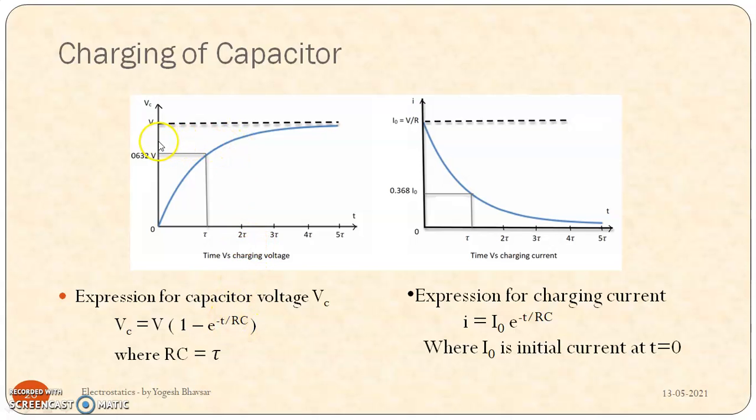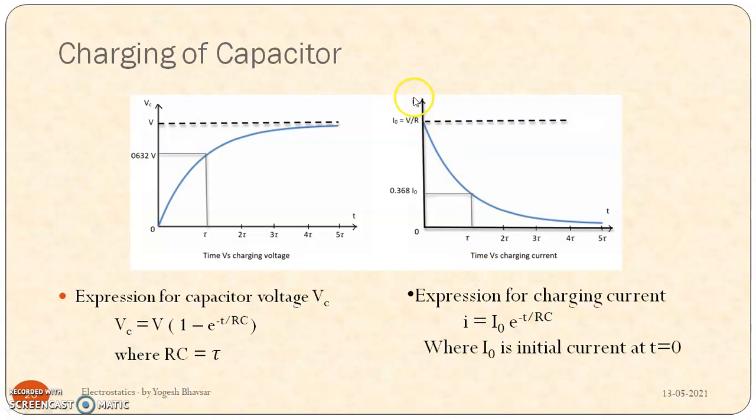So we'll get some value like 0.7 at a particular time. Again we put t equal to 3 times tau, 4 times tau, 5 times tau. At almost 5 times tau we will get almost 0.99 times V, where V is the maximum voltage. So Vc is equal to V; almost the capacitor is charged to the source voltage. So when we put t equal to 5 tau, it will be the maximum voltage, which is almost the source voltage. So we can say the capacitor is fully charged.